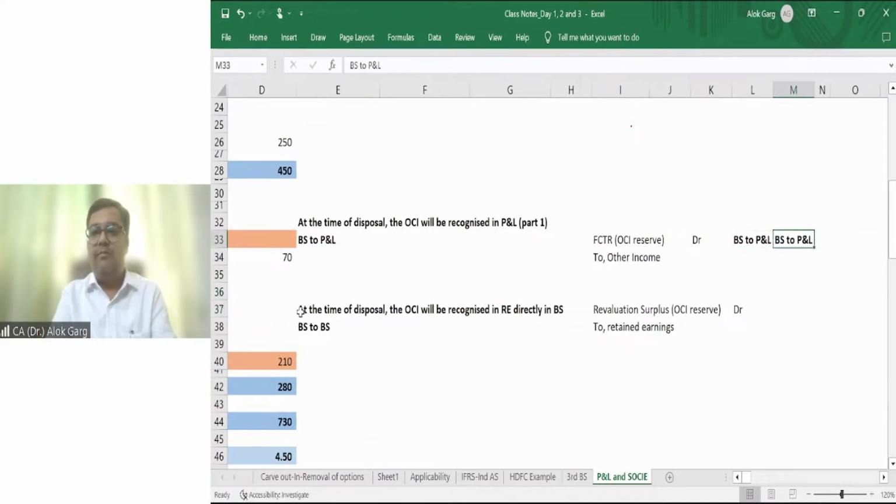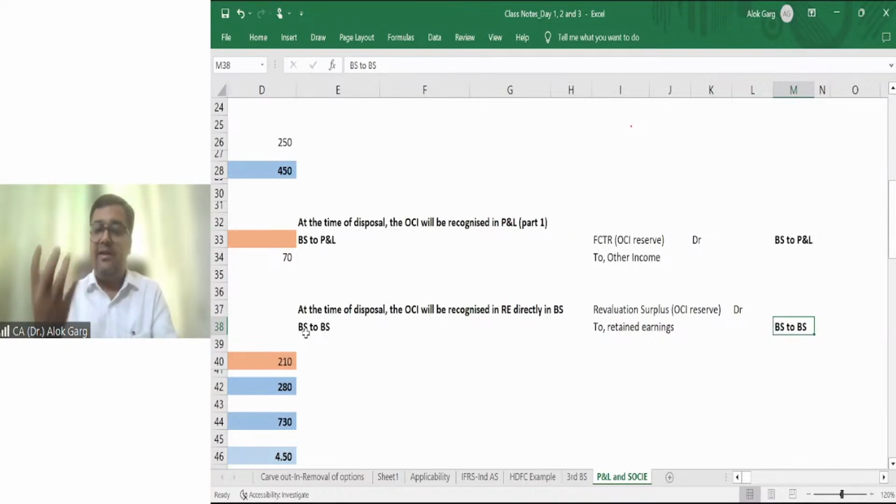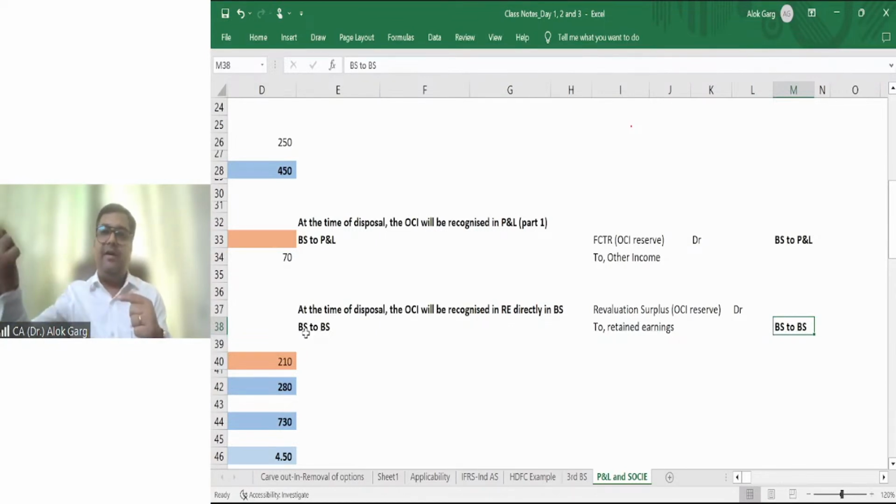This is your balance sheet to P&L, and this is your balance sheet to balance sheet entry, right? Is that, sir, where it is written? It is written in the respective standard. Like Ind AS 16 says that such revaluation surplus will go to OCI, and then this revaluation surplus will go to retained earning at the time of